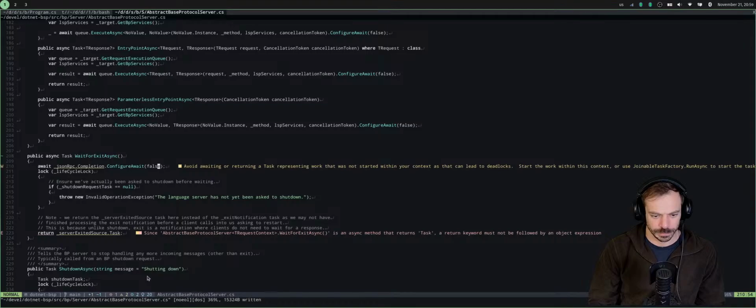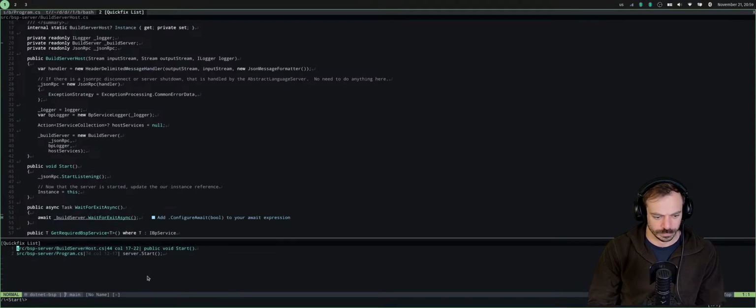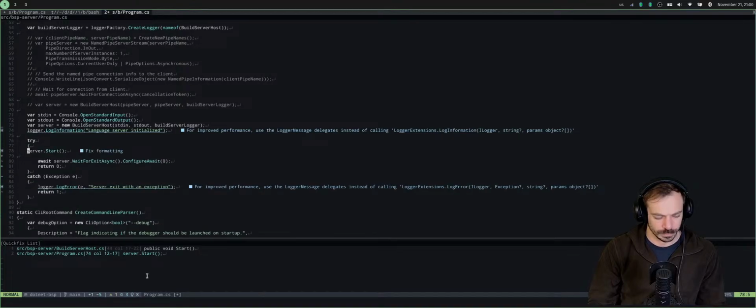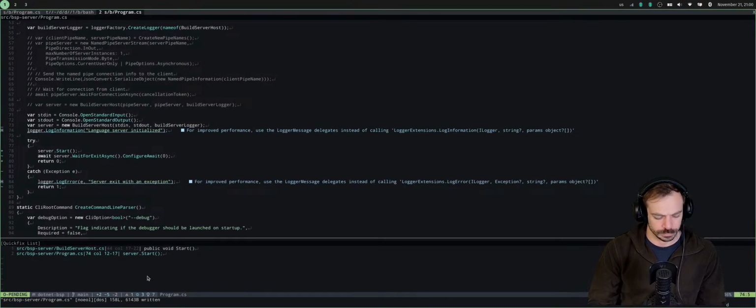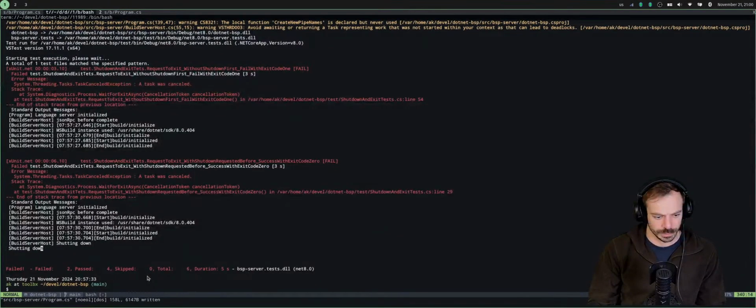Avoid waiting or returning a task representing work that was not started within your context, as that can lead to deadlocks. And this, I saw this log: server initialized.